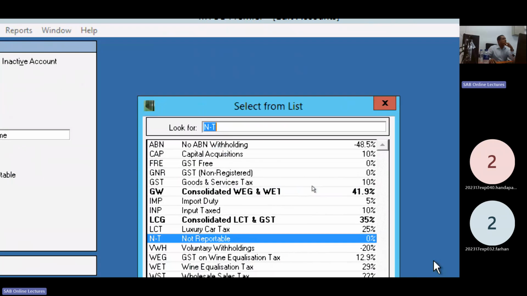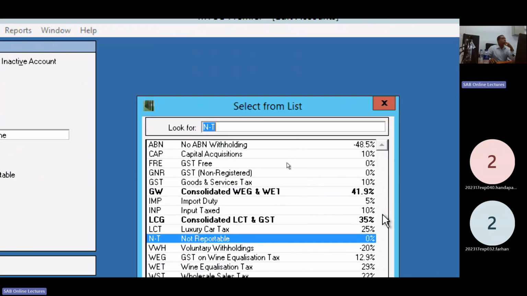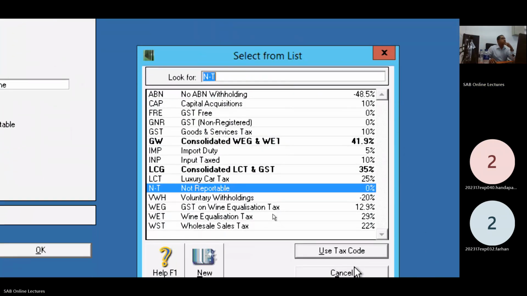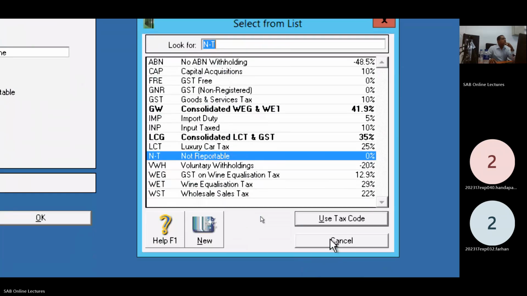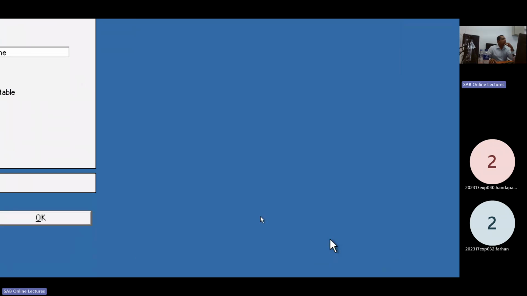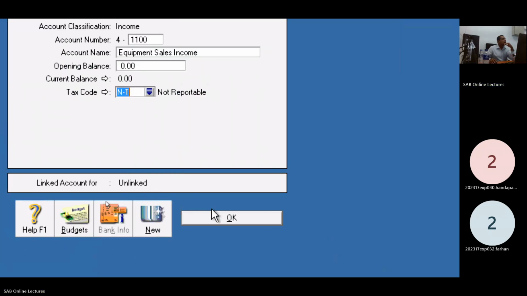But unfortunately, the VAT component is not in there because of the different rates used by different countries, no? For that moment, select 0% not reportable, click on cancel, OK.